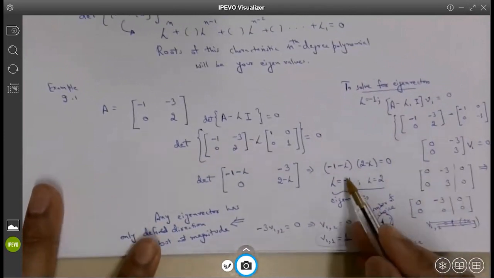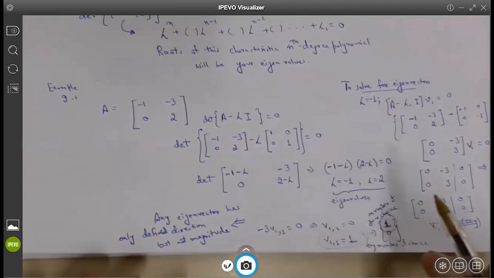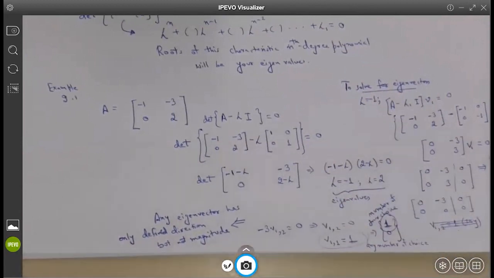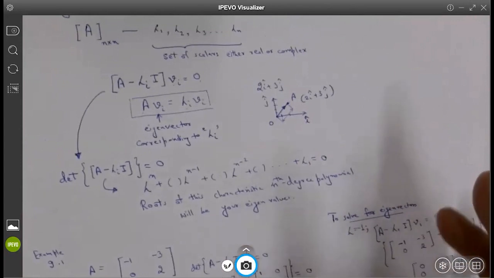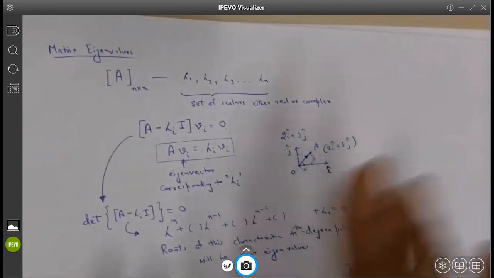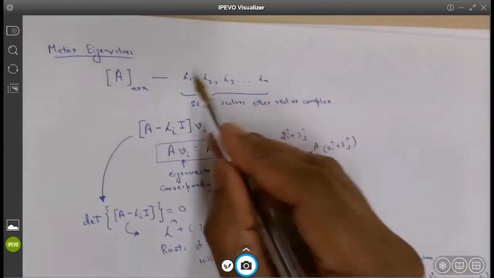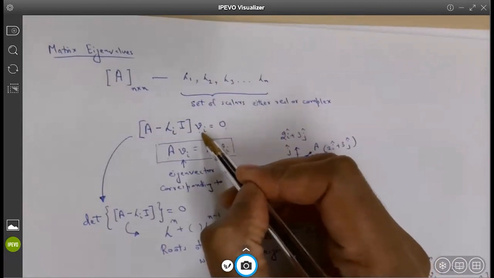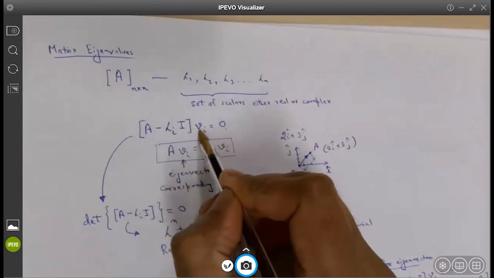Depending on whatever number of eigenvalues you have, you get as many eigenvectors. Now, whether all of these eigenvectors will be independent or not, that's what we will see in our discussion in the next lecture. So today I will stop at this point just to recap what we are trying to understand about the eigenvalues. Any matrix A, of size n by n, has n eigenvalues, and each of these eigenvalues has an eigenvector, a specific vector for that specific eigenvalue. So every eigenvalue has its own eigenvector.